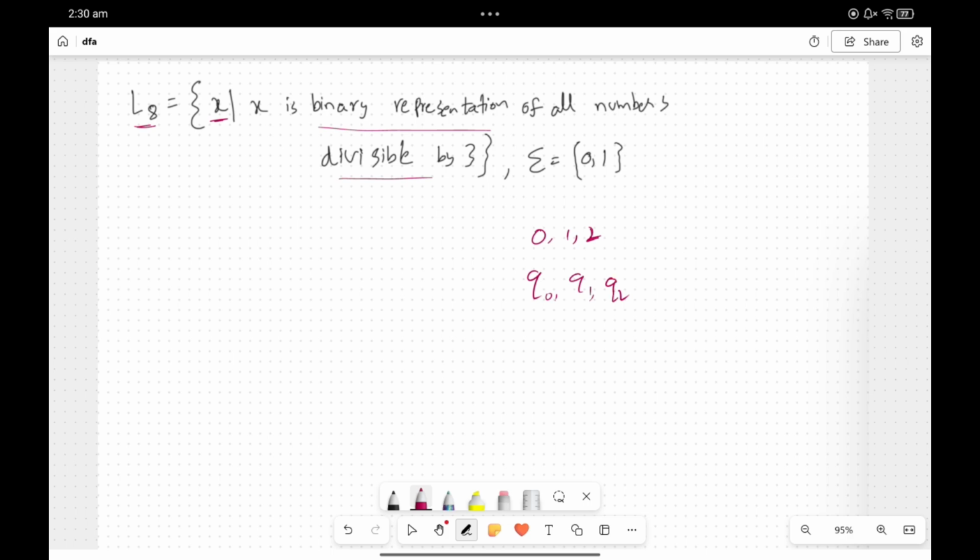If you have read till some part of the string, if its remainder is 0 it will stay in Q0, but if its remainder is 1 it will be in Q1 state, and if its remainder is 2 it will stay in Q2. That's how we construct the states,